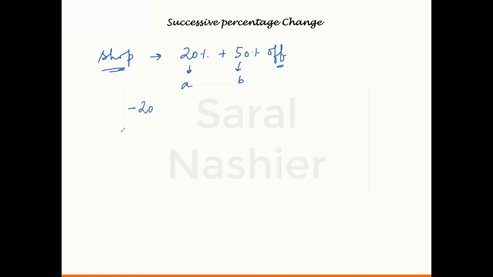The reason is that A is nothing but a discount. Similarly, this 50 is nothing but a discount. So the net discount is given. Discount means decrease, so we are decreasing the value by 20 and 50 one by one. This gives us the net percentage change in the value. This comes out to be minus 60%. So finally, this minus sign shows that there would be a net discount, and of what percentage? It is a discount of 60%.